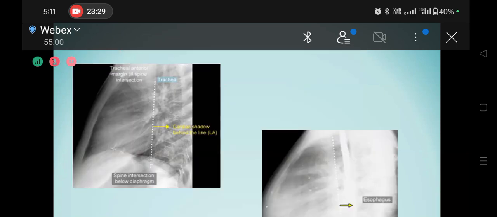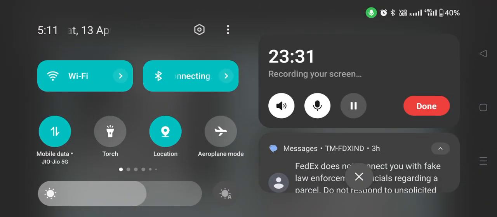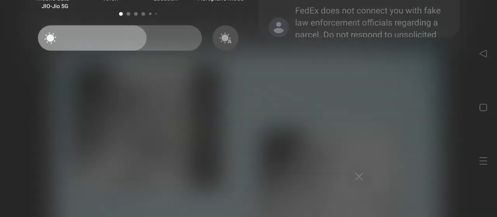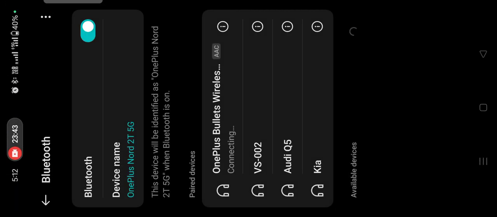Now, if you look carefully, there are two X-rays here. Now, the bottom X-ray, one X-ray at the lower level, can you see, draw a vertical line from the anterior border of the trachea, very well seen because